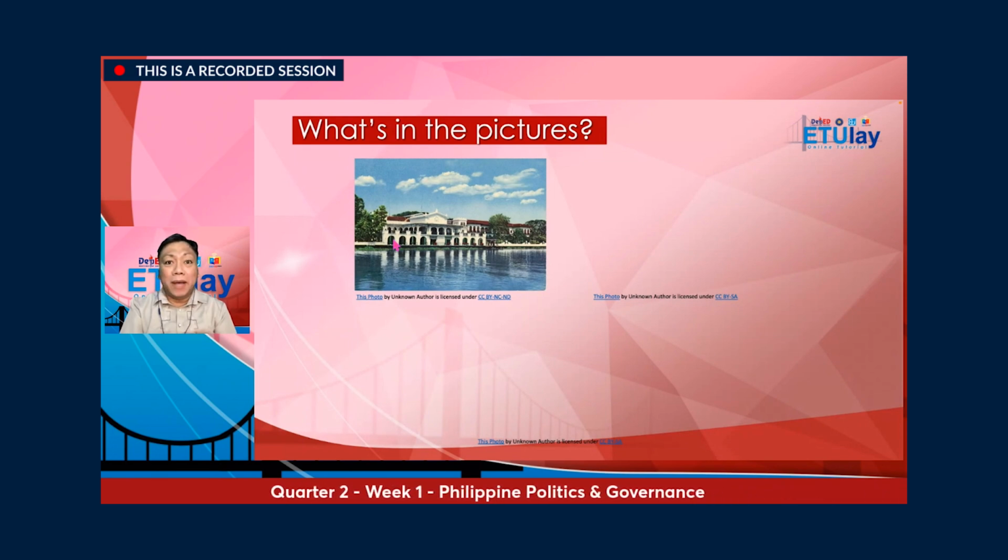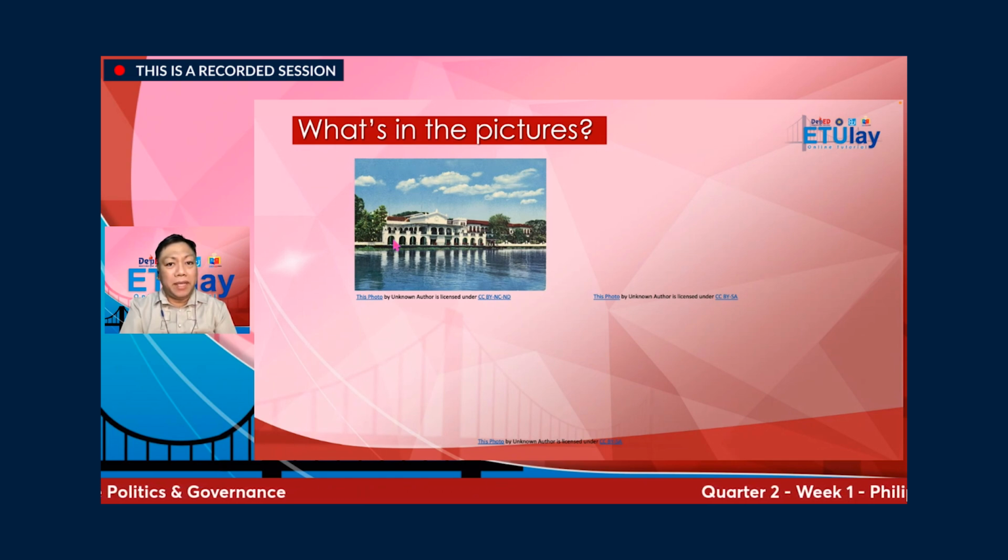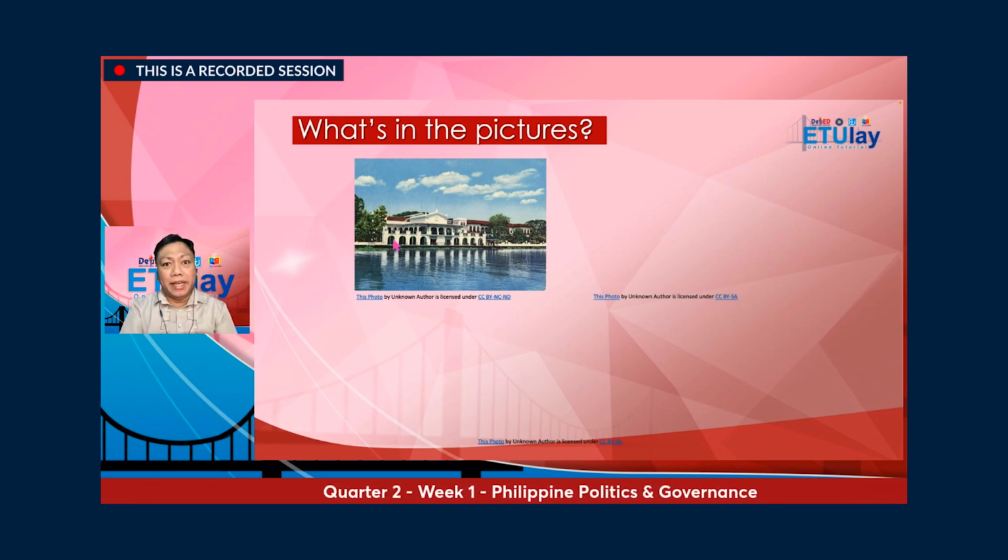That's Malacanang Palace. So Malacanang Palace is the seat of the government of the Philippines by the presidents, and of course eventually visitors coming to our country to visit this place as a seat of government. Of course, the ambassadors will go there. So this is a figure of authority.